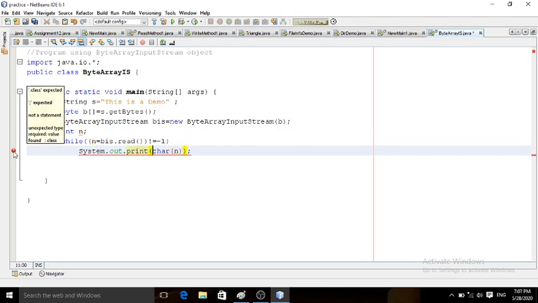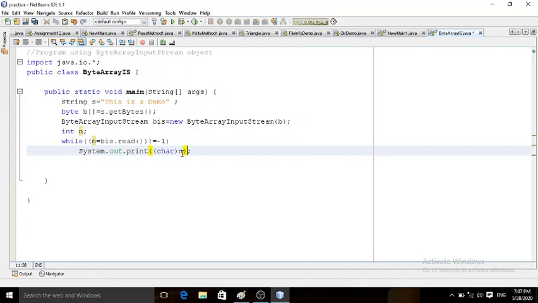If I am using this, it should be like this. So this integer n will get converted into char explicitly by typecasting.